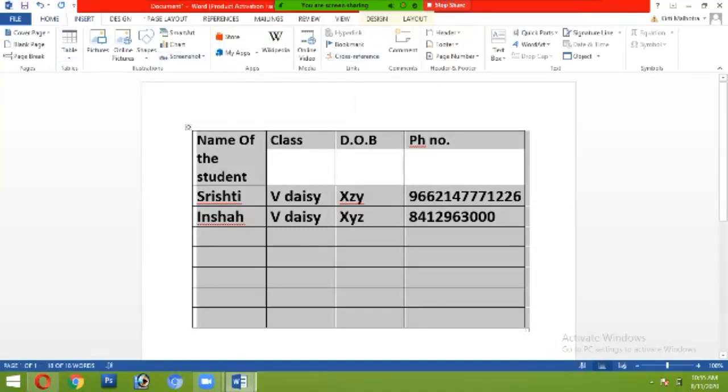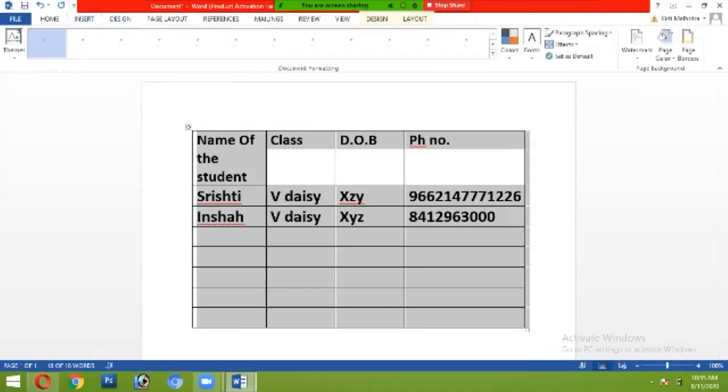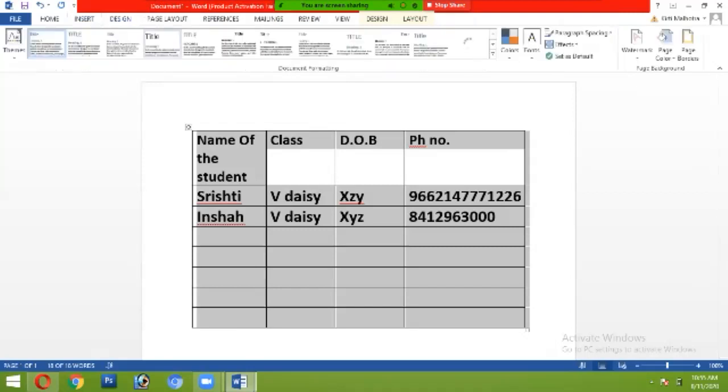Now this is my table. I have to select my table. Then I will click on design. I will click on design tab after selecting my table because I wanted to apply styles on this table. Now these are the themes, these are the colors.